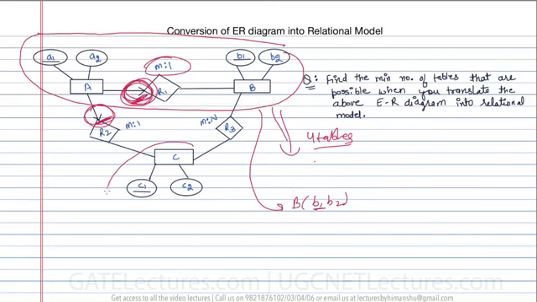And for C you can create a table, because you can clearly see in both the directions it is having many as the maximum cardinality. So for C you can create a table which is having C1 and C2. Now you can see for A there is a problem, because A is having the maximum cardinality as M.